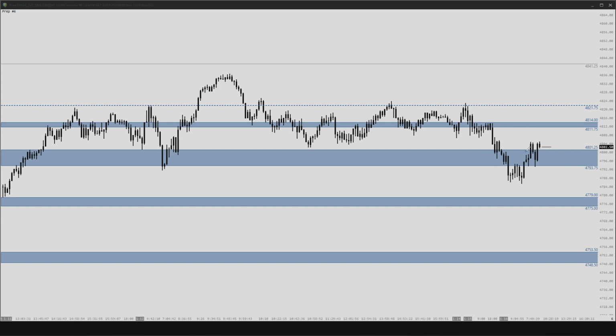Another way you could do it is just kind of following along with this line in the sand and monitoring any type of moves to the upside or to the downside. But ultimately, the ES is just not in a very clear location for today.